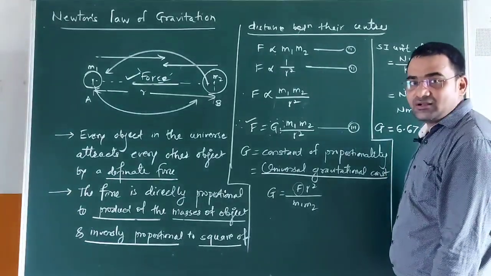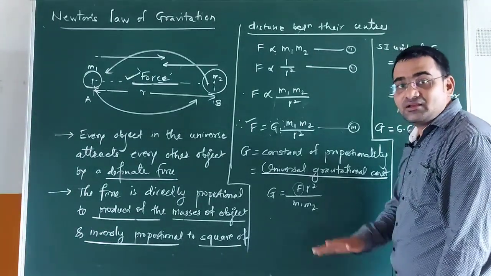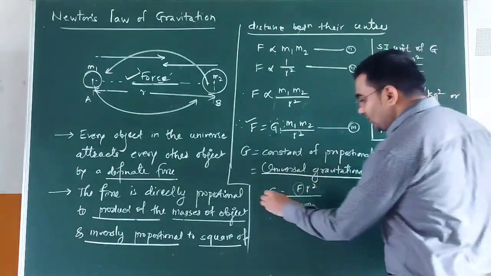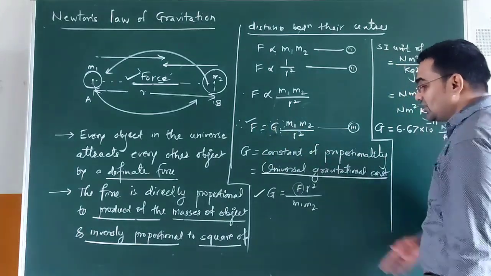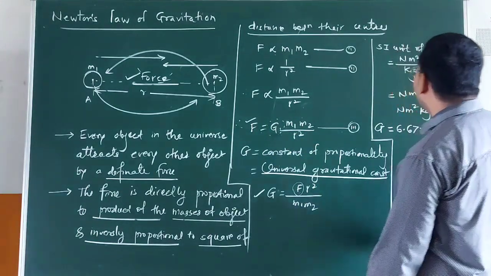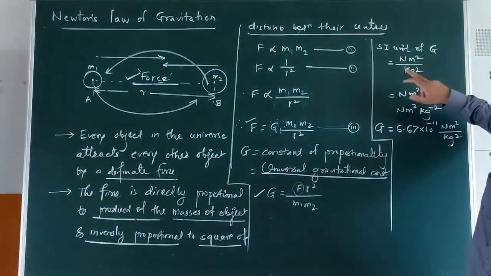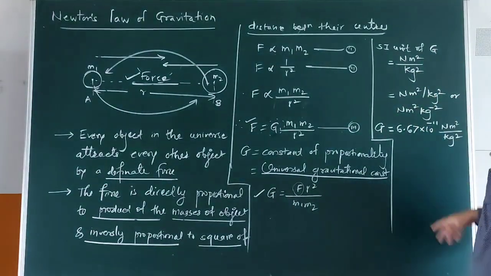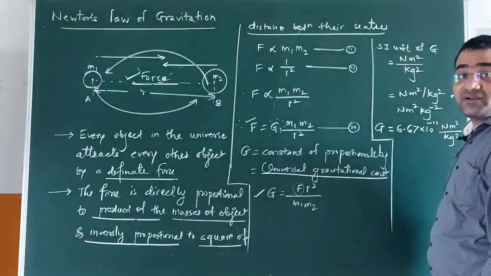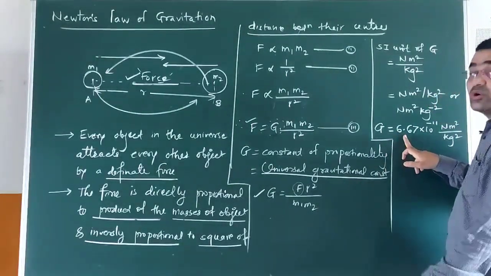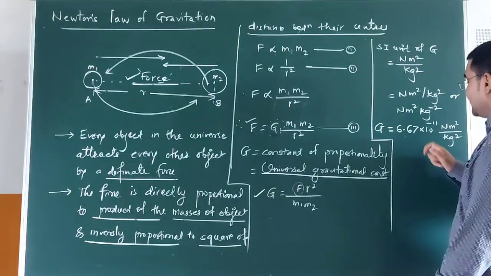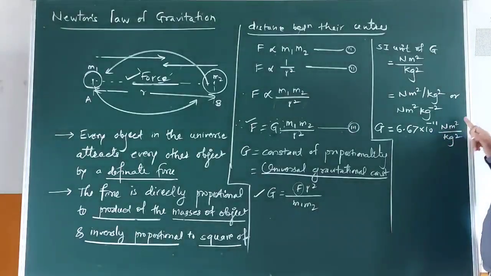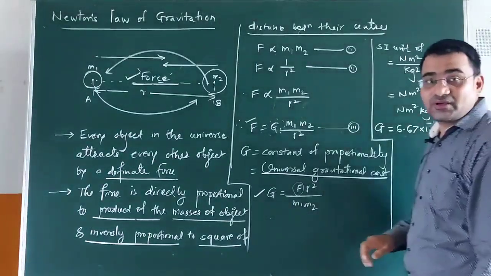It is universal, meaning on Earth, on the Moon, on Mars, anywhere we go, it will remain the same. The value of G from this equation is what? F r square upon m1 into m2. The unit of G is very simple, Newton meter square upon kilogram square. You can write it in different ways. The value of G was found using the Cavendish method, and this method you are going to learn in 11th standard. It is now in the syllabus. So G equals 6.67 into 10 raised to minus 11 Newton meter square per kilogram square.